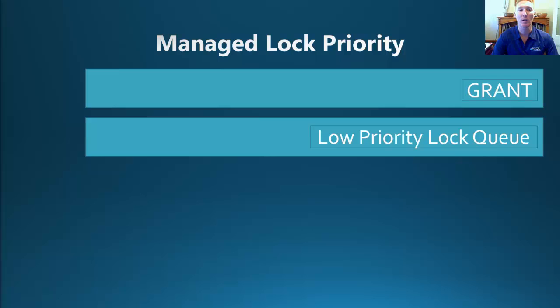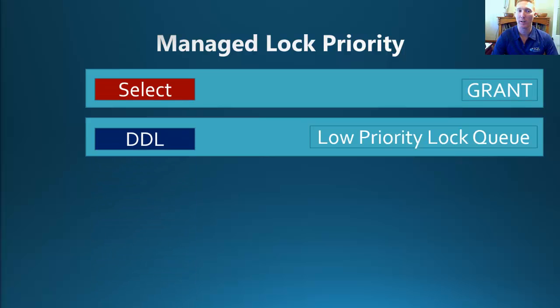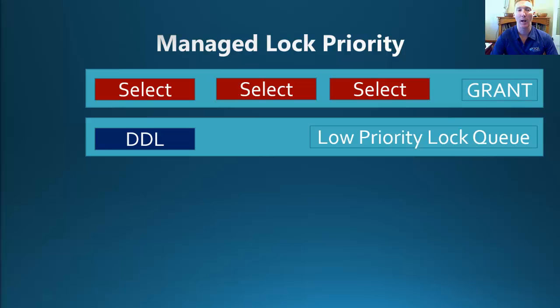With the release of SQL Server 2014, this has changed slightly. If we run the same scenario again, we have our select statement, we have our DDL statement. Nothing's really changed. We then run another select statement like we did before. However, they have gone straight up into the grant queue and they are running. That's because they have social locks and they can run together. The DDL statement has to wait for all of those locks to complete for it to then gain its lock and